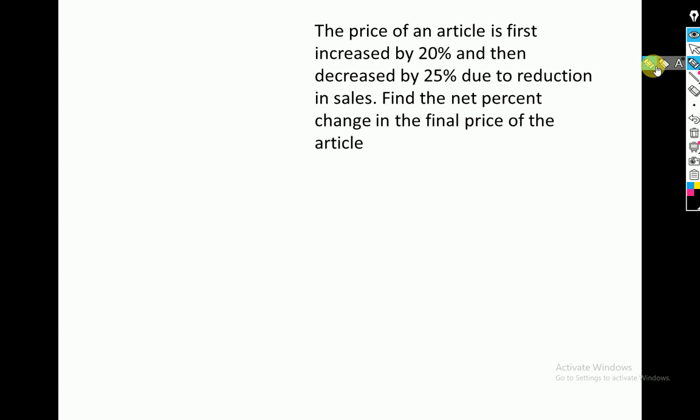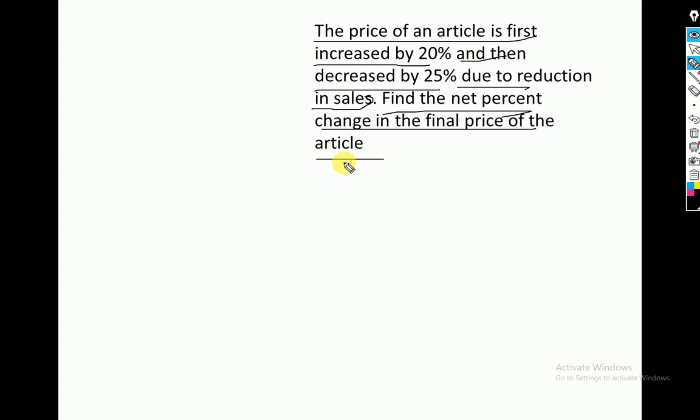Okay, so this says that the price of an article is first increased by 20% and then decreased by 25% due to whatever reasons, reduction in sales. Find the net percentage change in the final price of the article. So this is also similar. So let's first do it with successive. So it's increased by 20% and then decreased by 25%, minus 25%,